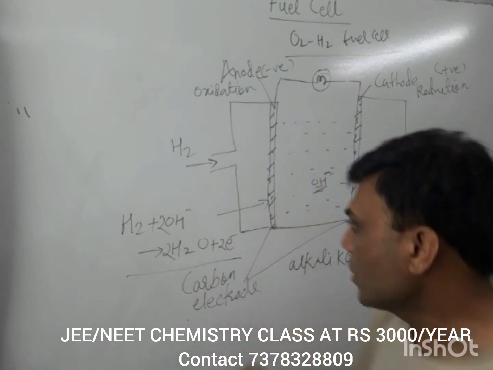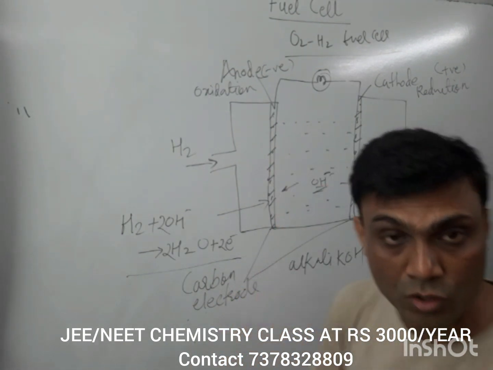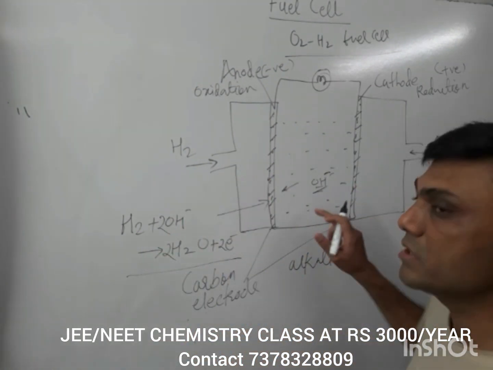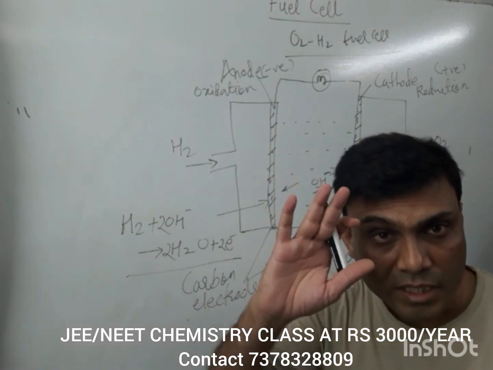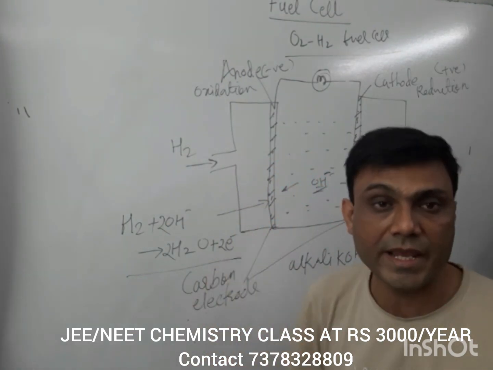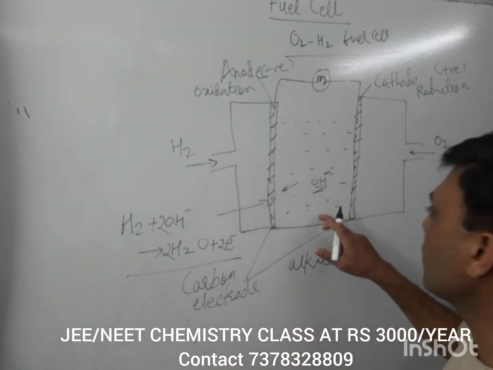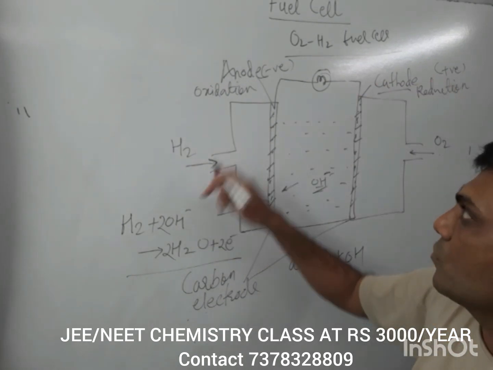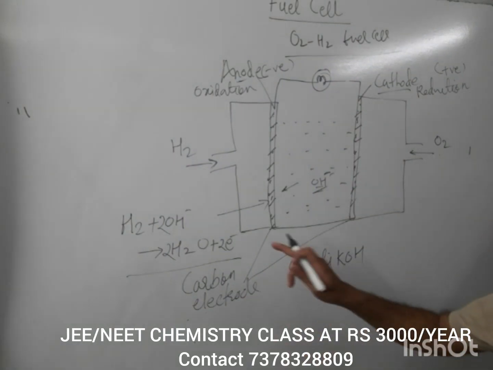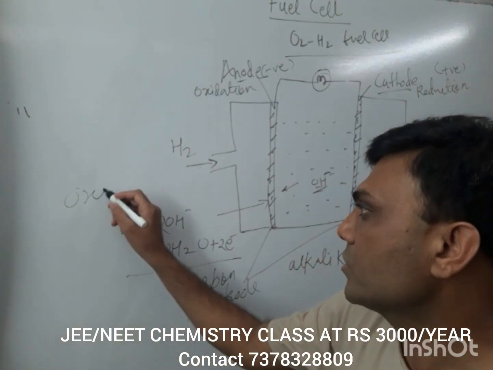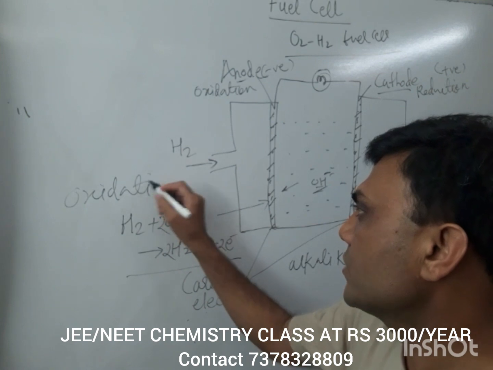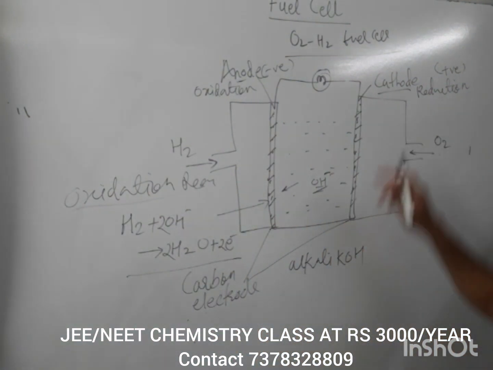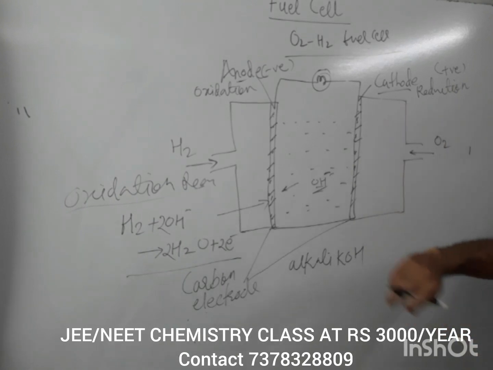at the anode. Now when it is getting consumed at the anode, it must be formed at the cathode because this electrolyte concentration needs to be maintained. So there must be the formation of OH negative ions at the cathode because it is getting consumed at the anode. Now this is the oxidation reaction at the anode. Now at the cathode there must be a reduction reaction.